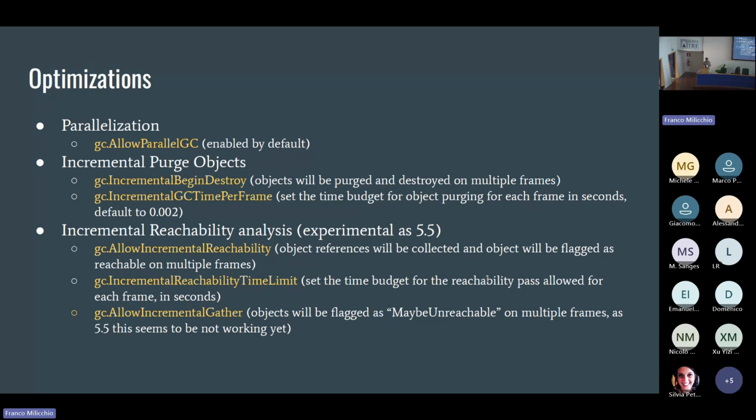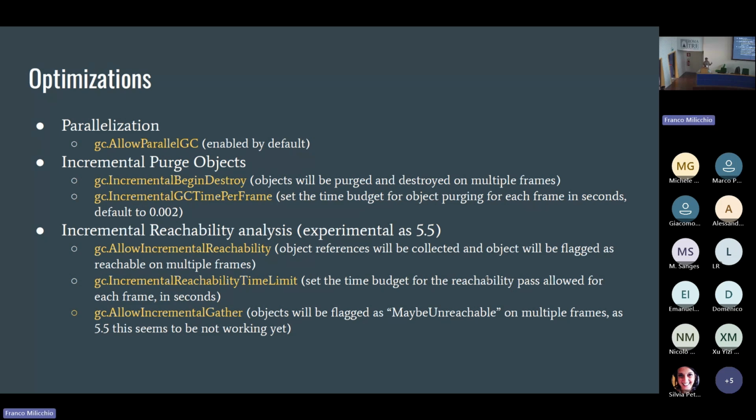Another optimization you can turn on is incremental purge objects. By default, the GC runs and does everything that it can in one single frame. So this can cause huge frame spikes. With incremental, the work can be broken down into multiple frames.